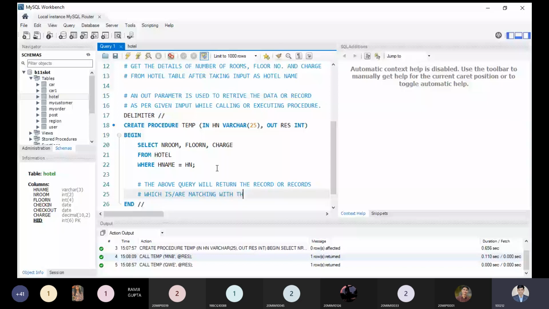So based on the conditions, in this case, how many are we getting? We are getting only one record.